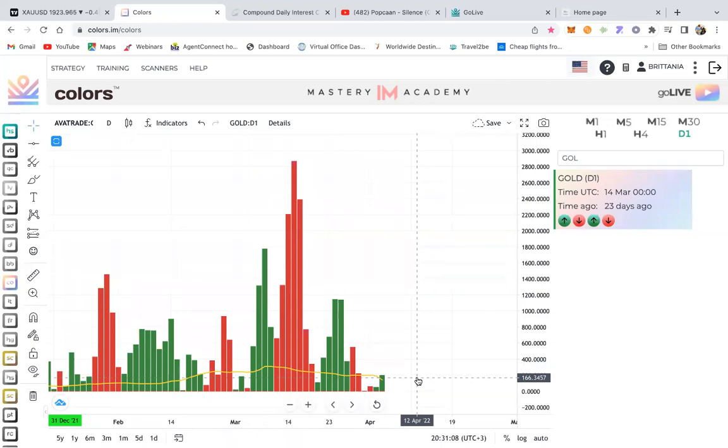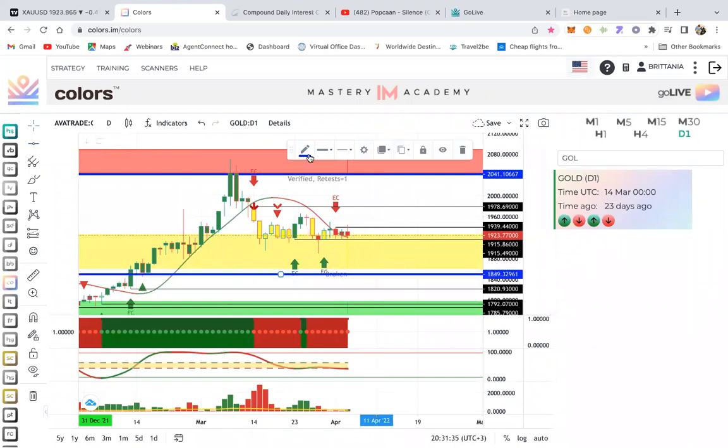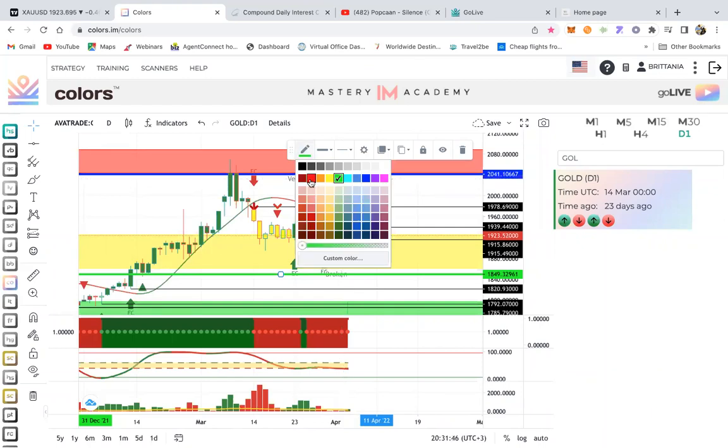So we've gone through the stop loss and the take profits. Now the yellow box is a retest box, guys, right? The yellow box is a retest box. So if we were to get into gold right now for a buy, my stop loss is now underneath this EC right here, which is underneath the yellow box. If we were to get back into gold for a buy, right? Let me know if you're following through, guys. So my SL, this is meant to be red. My SL is no longer underneath the green box, right? It's now underneath the yellow retest box, right?